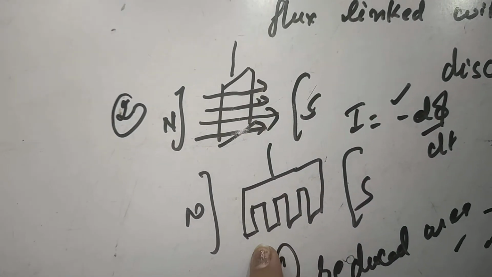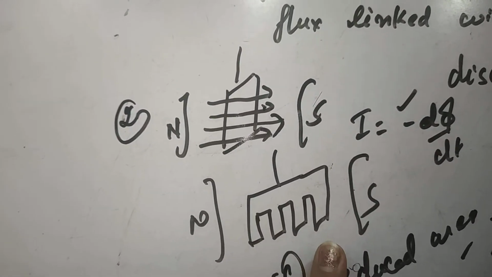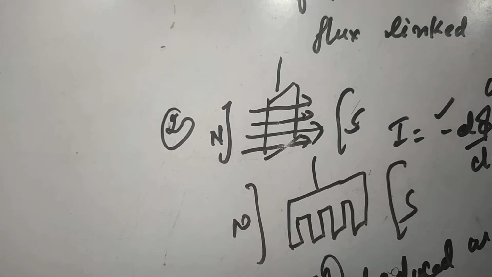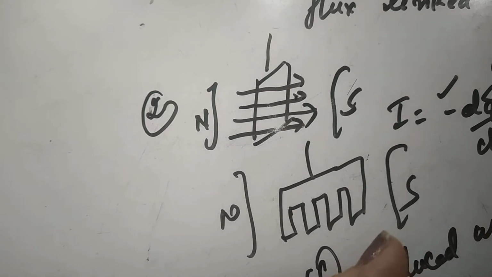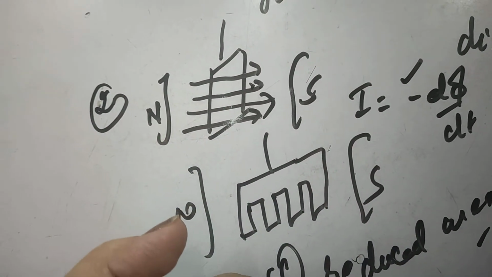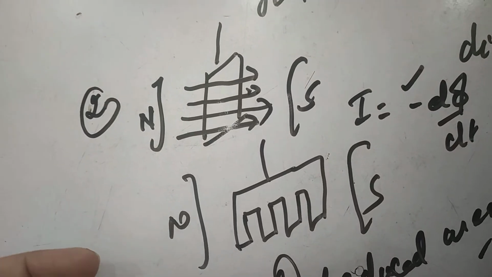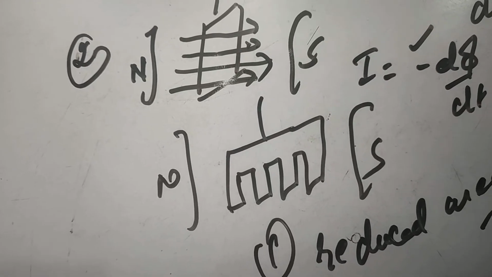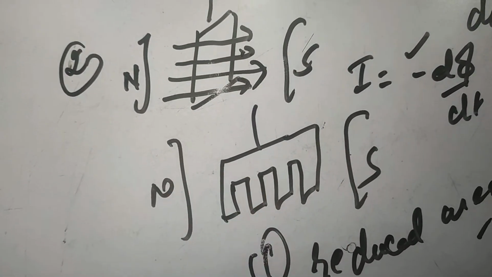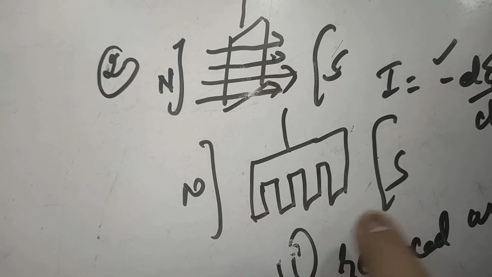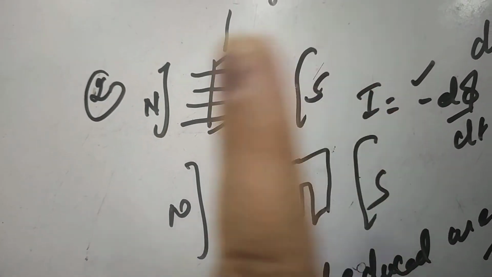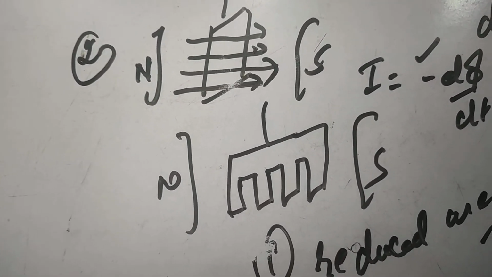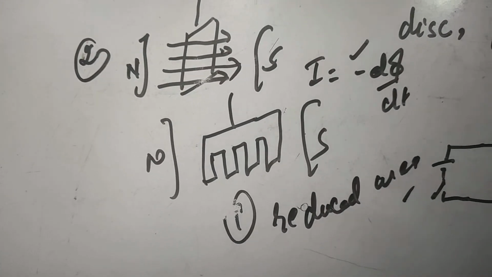So why is this so? In this case the area has been reduced. So in the slots we have cut, the amount of current will decrease, and when the current decreases, the damping effect will reduce. So in this case we can say if we want to reduce the eddy currents, one of the methods is to cut the metallic plates in slots. We cut it into slots, the area is reduced, so the induced current is lesser, and the damping effect is reduced. So these are some of the facts related to eddy currents.